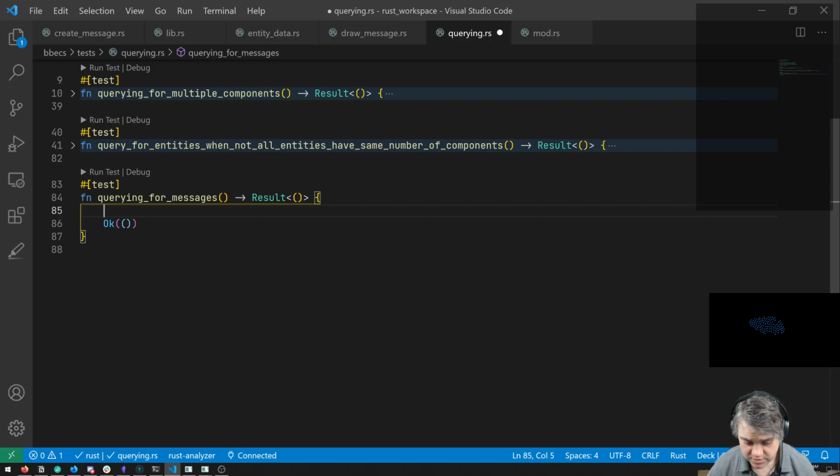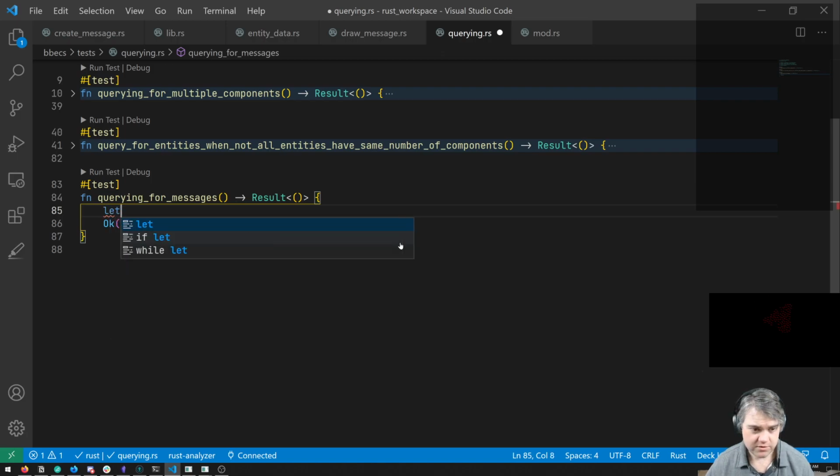Let's see what we need to actually recreate this problem, because it crashes right away before anything really gets displayed to the screen. Okay, so I want to do a,